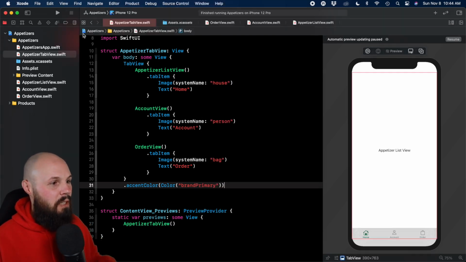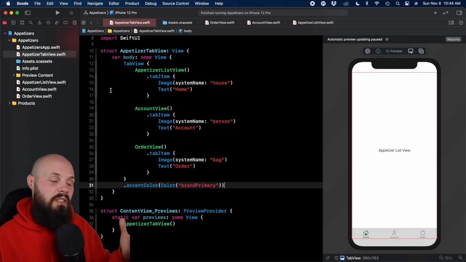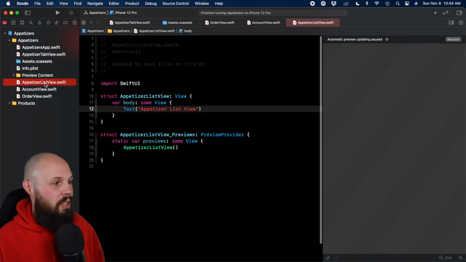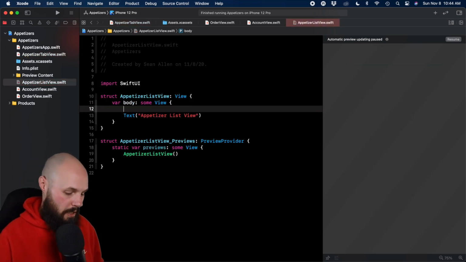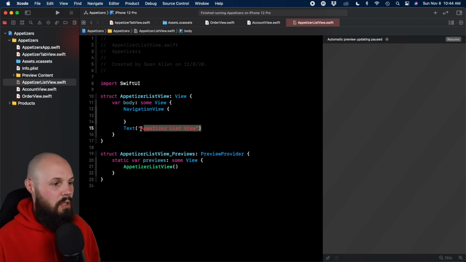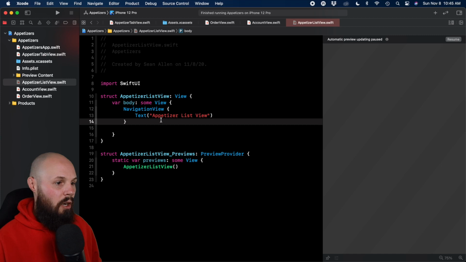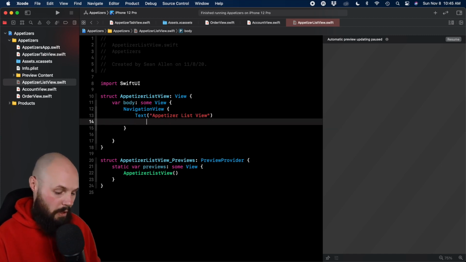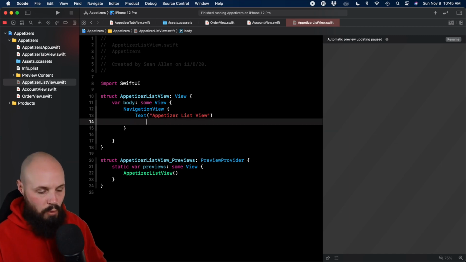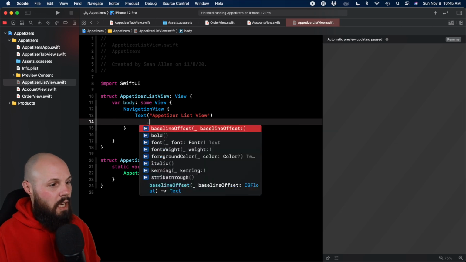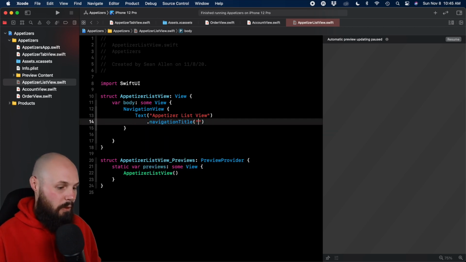So stop the simulator. We're going to add the navigation view with the navigation title to each of these views, right? So if I go to appetizer list view, let's wrap our text in a navigation view. Command X, Command V to put that in there. And then on our text, for now, we're going to obviously change this, but I want to get the visual there so we can see it better. Say .navigationTitle, and we're going to call this